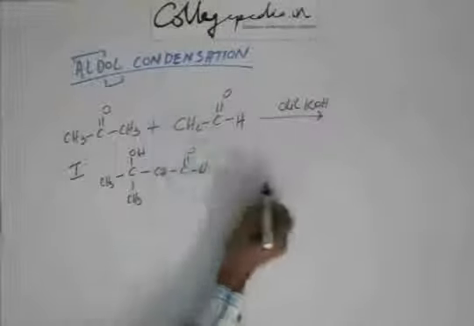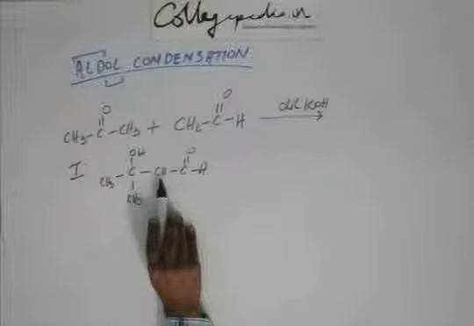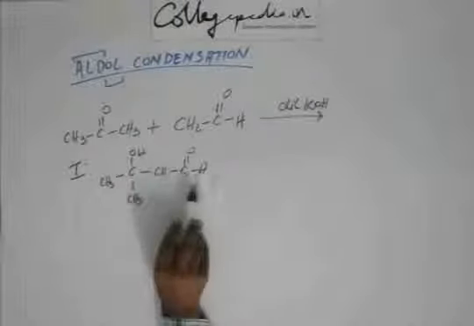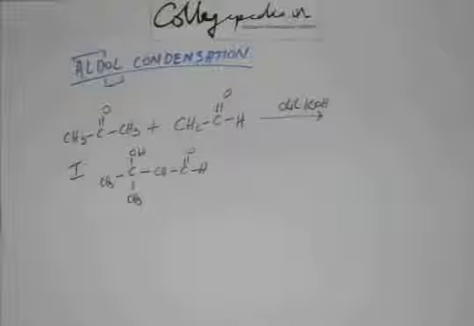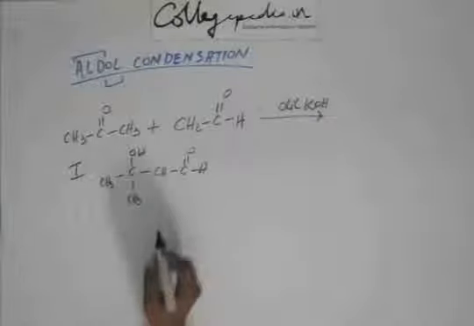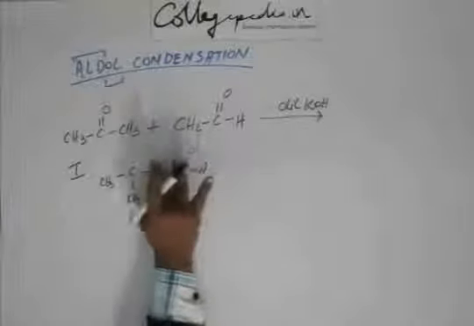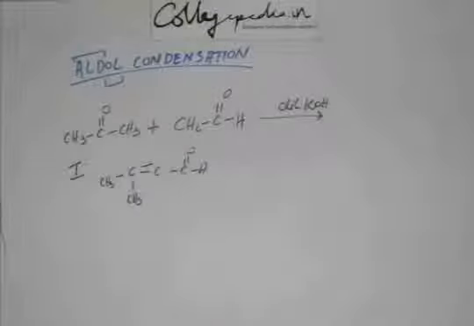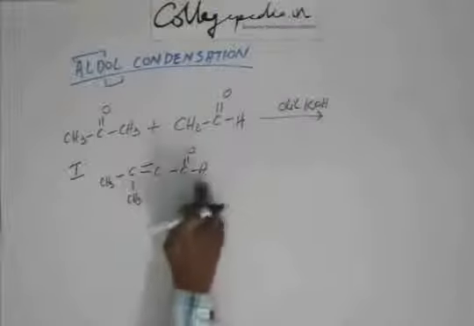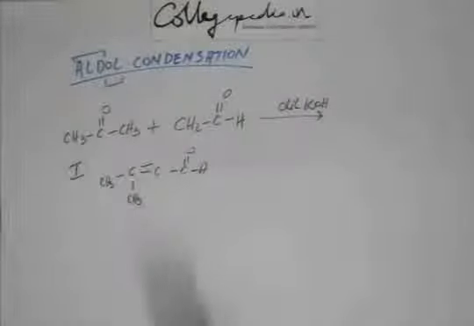The aldol will look like this. Look, from here base abstracts and this came and attacked this C double bond O. This is how it's going to look like. Fine. So if you condensate it, if you remove water after heating, this is the condensated product. So if they're asking the product of aldol condensation, then this is the product. If they're asking the product of aldol reaction, then you don't condensate it. Keep it aldol. Keep it aldehyde and alcohol. Don't condensate it. Don't remove water.